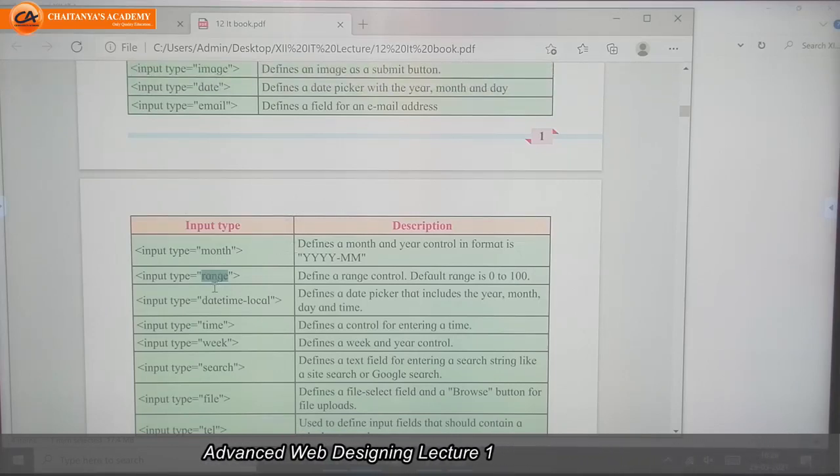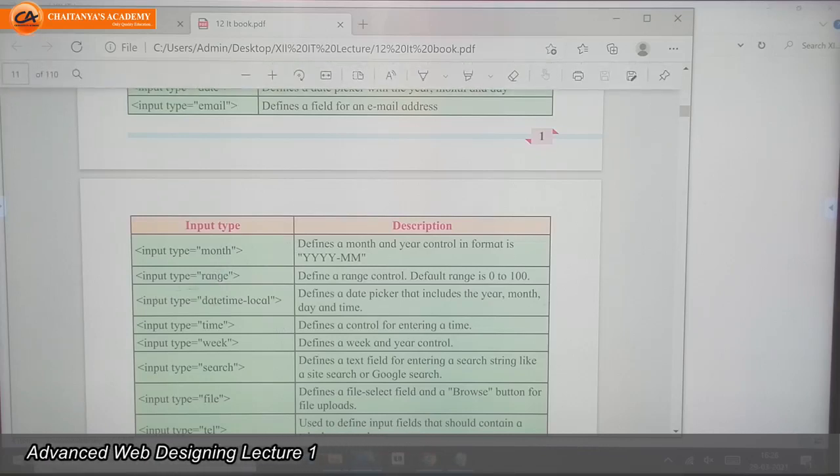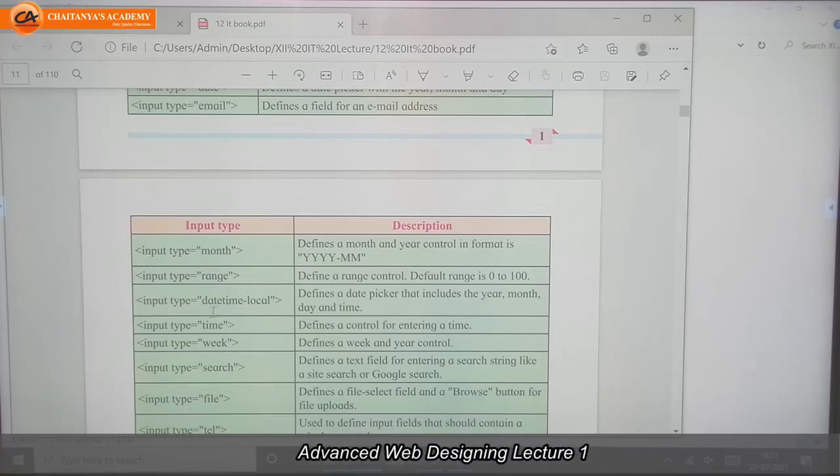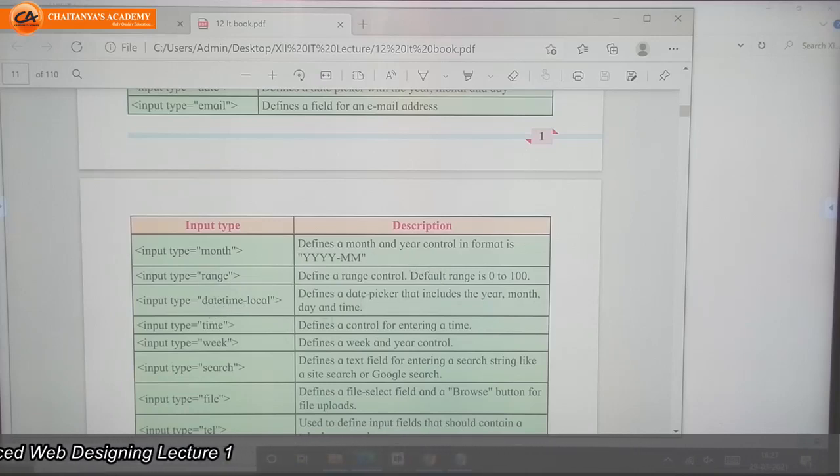That is because of this range control. This range control helps us to know whether the audio file is playing or not, how much time it played or when it stopped.